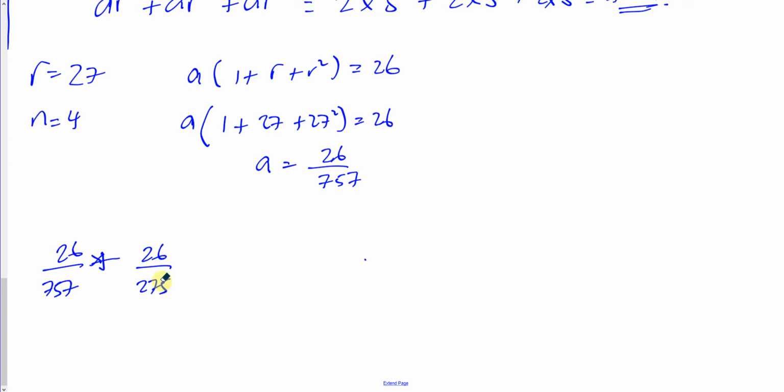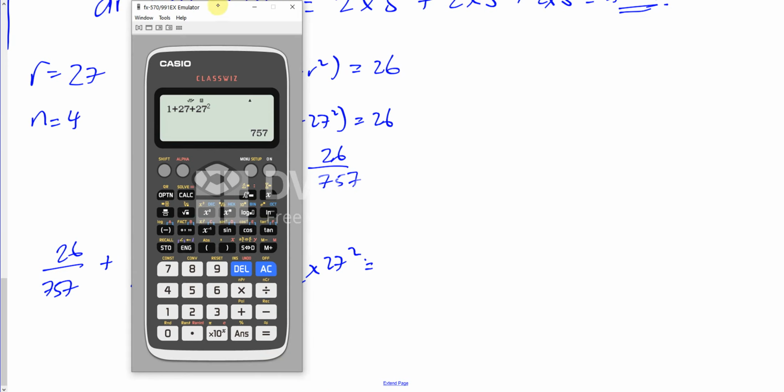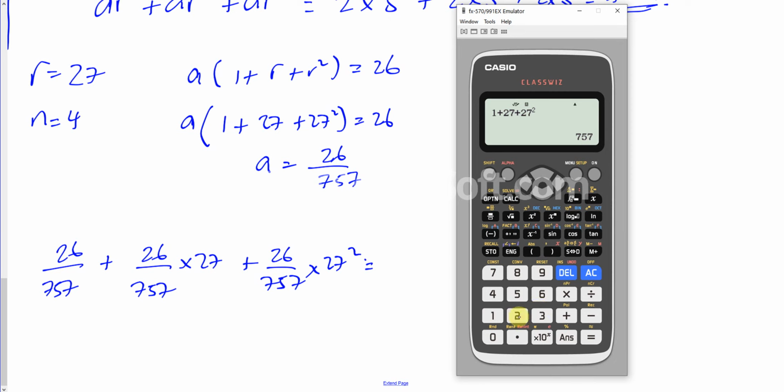Plus 26 over 757 times the common ratio, which is 27. And the third term, 26 over 757 times 27 squared, and that should give us 26. Let's just confirm that. So you have 26 over 757. Now I'll just take that as a common factor and multiply it by 1 plus 27 plus 27 squared, and that gives us